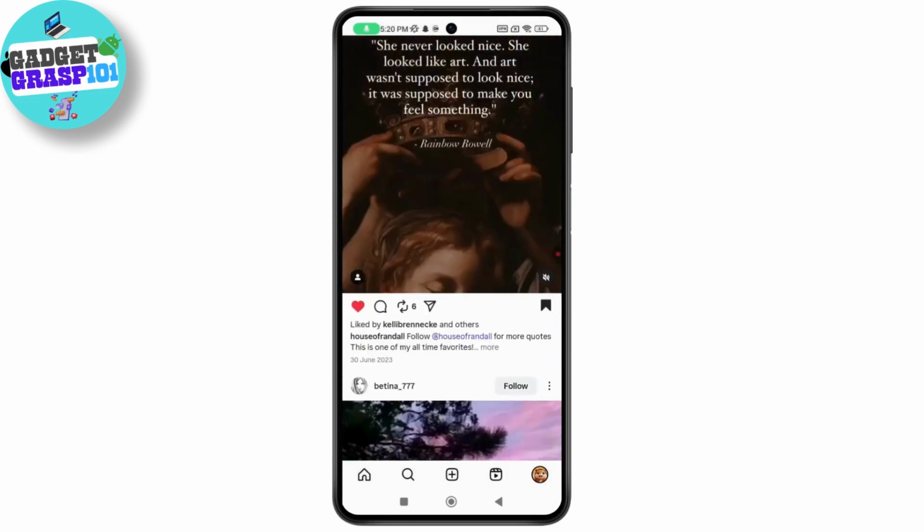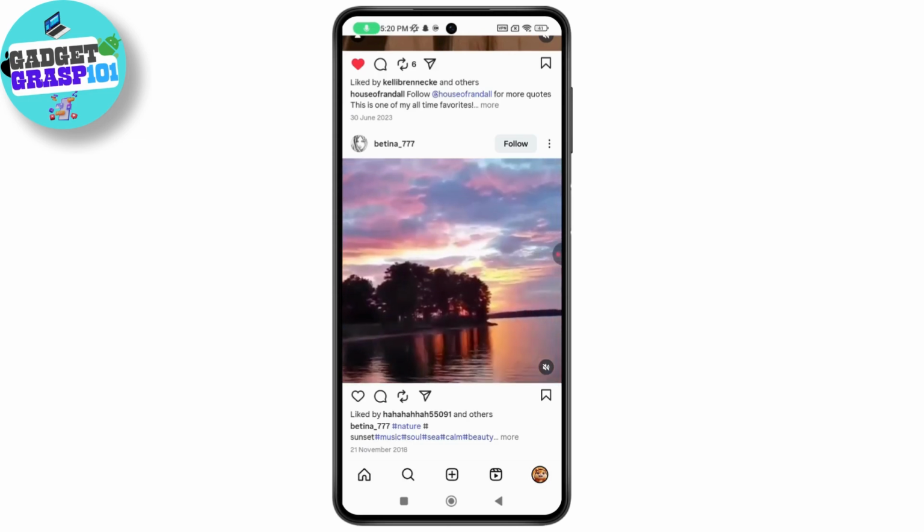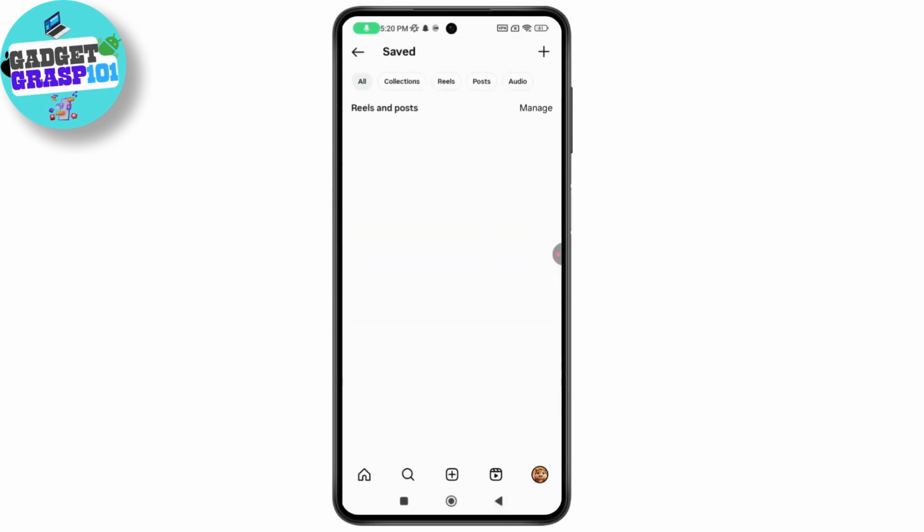Now scroll down again and go with unsave. Scroll down again and go with unsave. So you'll need to manually unsave each post for now. Once you're finished, go back to the saved section and you'll see that you don't have any posts